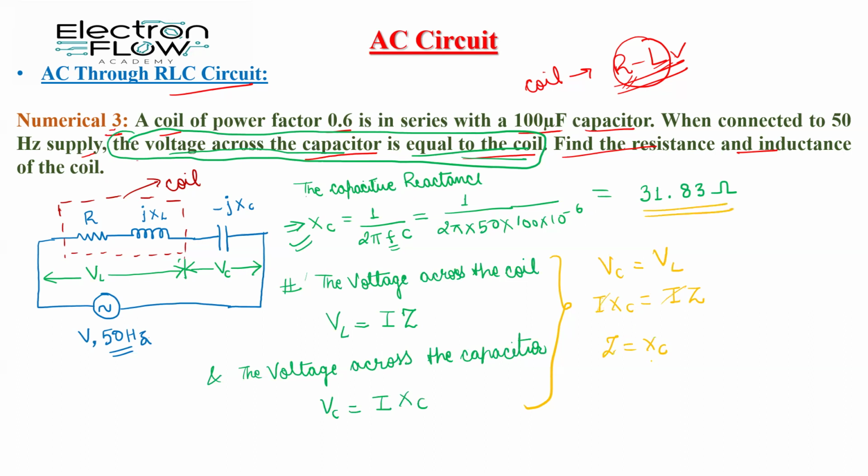Because Z is equal to Xc, we have the value of Xc, which is 31.83. So the value of the impedance is also equal to 31.83 ohm. Now firstly we have calculated the Xc. This is our Xc and this is our impedance Z. Okay, next thing is that